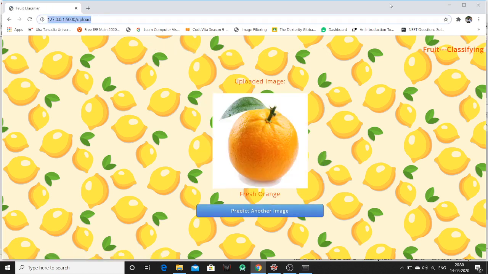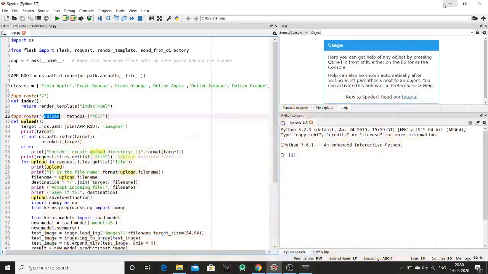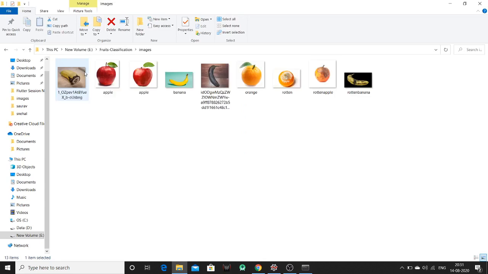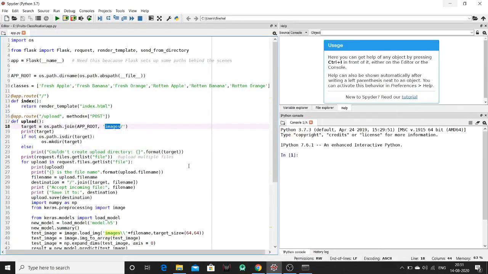This is the page which will be loaded after uploading any image, using the POST method. And here we are joining the directory path with an images folder. Let me show you that folder also. Here is the images folder which will contain all the images which we upload in our web application.